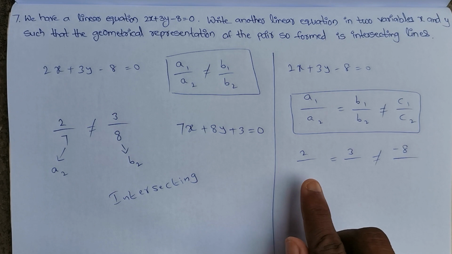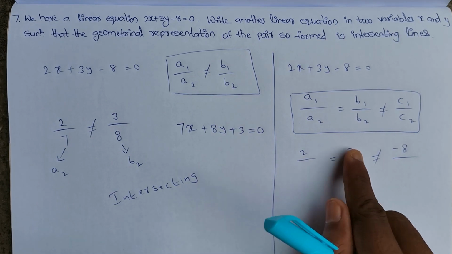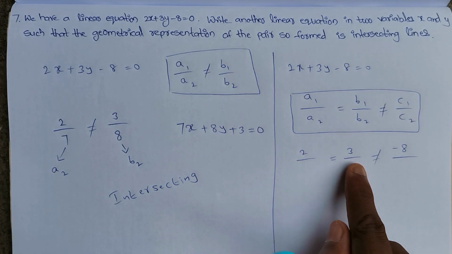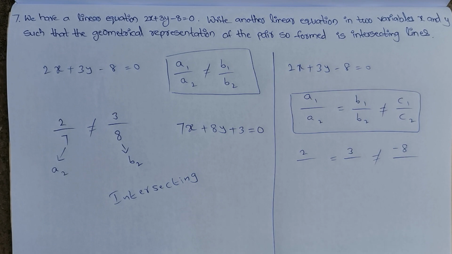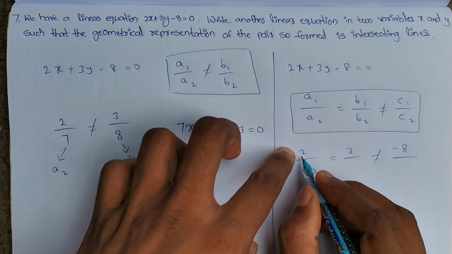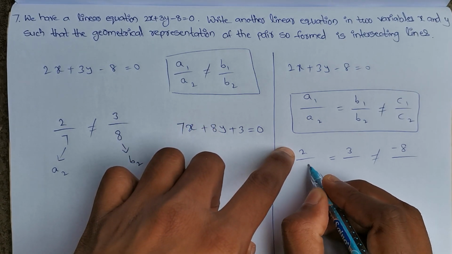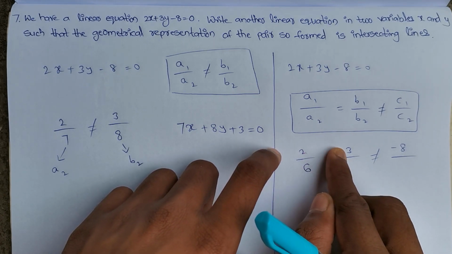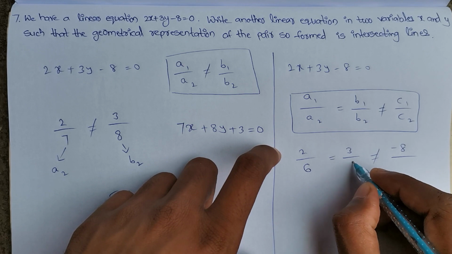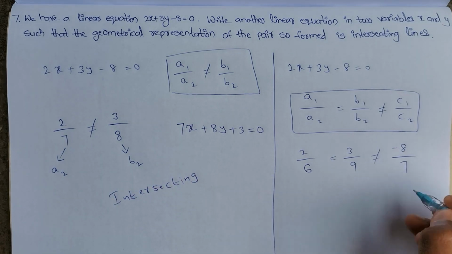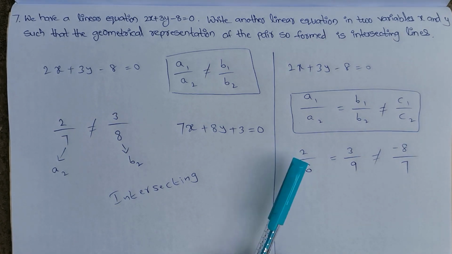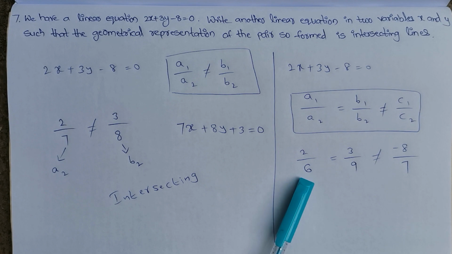Okay, now here 2 by something equals to 3 by something. Here and here we need to write some numbers. These two values should be equal to each other. So it is very simple. Multiply with same number. 2 I am multiplying with 3. 2 into 3, 6. Here also you multiply with 3 only. 3 into 3, 9. Now here write any other number which is not equal. This numerator 2 I multiplied with 3, so that's why I got 2 3s are 6. The same I am doing here.